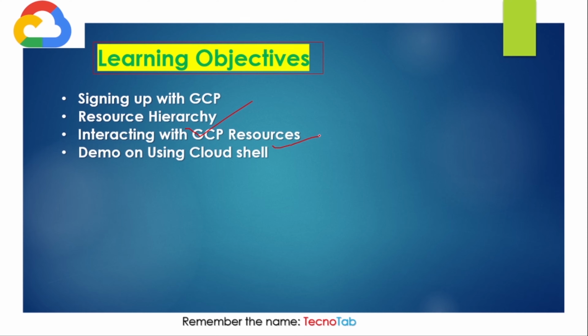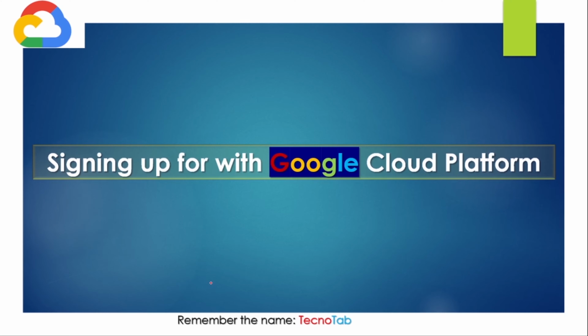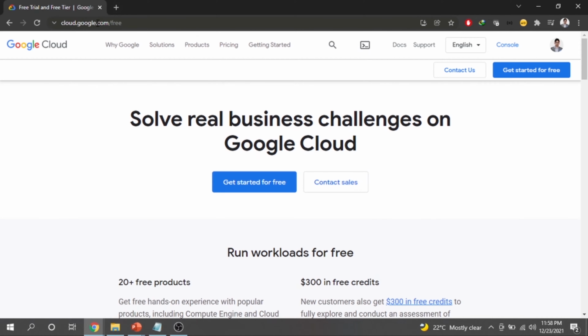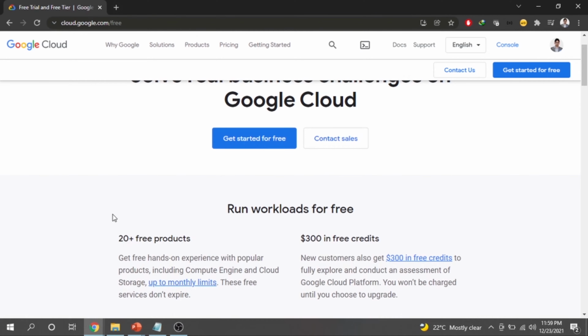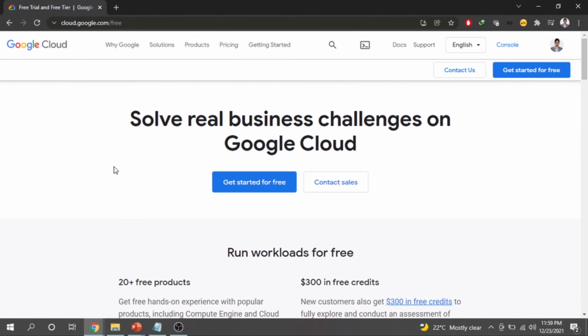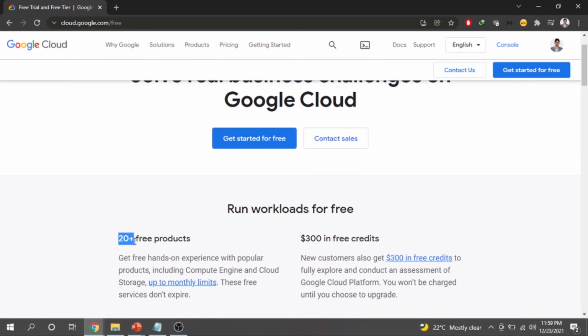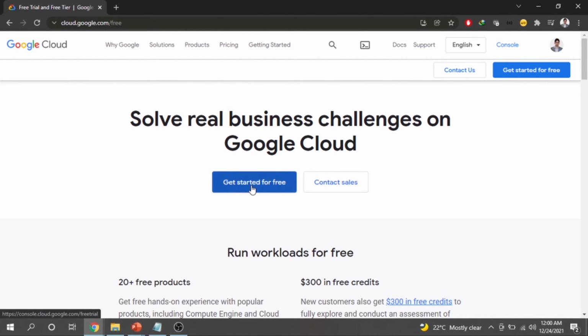So let's move to the first one, that is signing up for GCP. For signing up for the Google Cloud Platform, you have to go to the website cloud.google.com/free. On this screen, you can have a look at the services. If you come down here, you will see that there are 20-plus free products offered by Google Cloud. After that, they also provide you $300 of free credit for exploring and learning the Google Cloud Platform. After consuming this $300 of free credit, your services will stop. You won't be charged until you choose to upgrade. For signing up, you have to click on Get started for free,